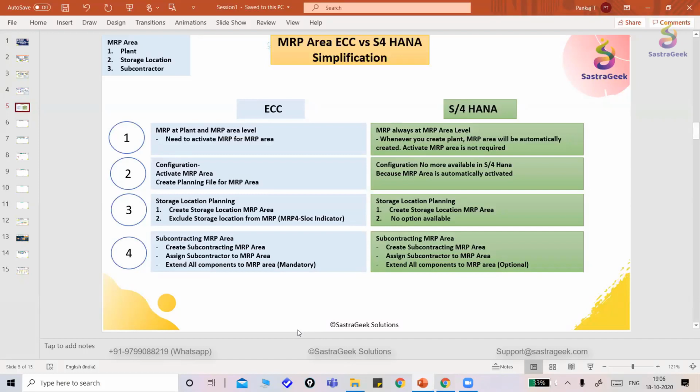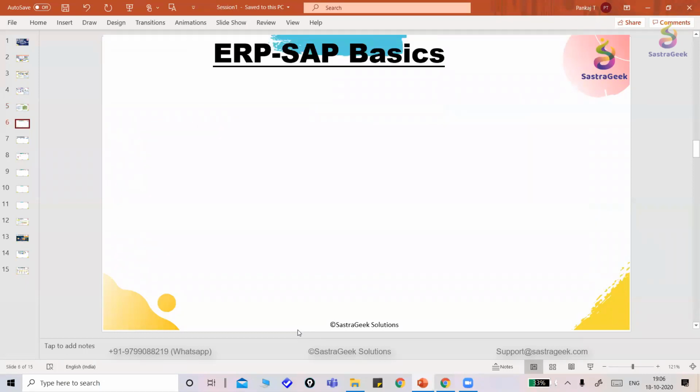Now in today's session, we will discuss SAP Basics. What is SAP ERP? What is ERP and what is SAP? Okay, so